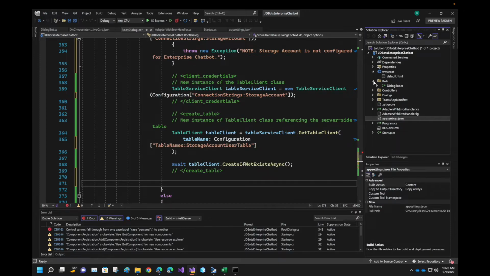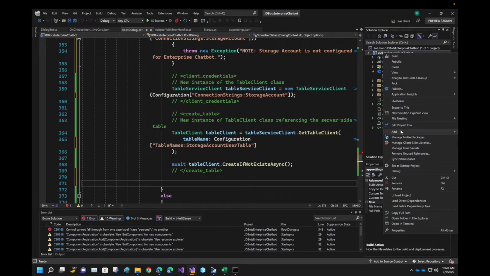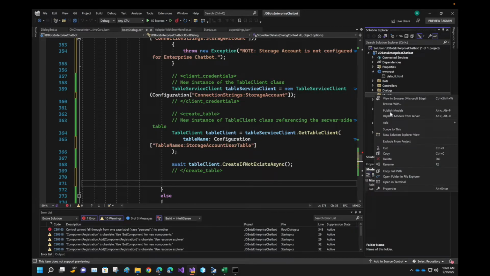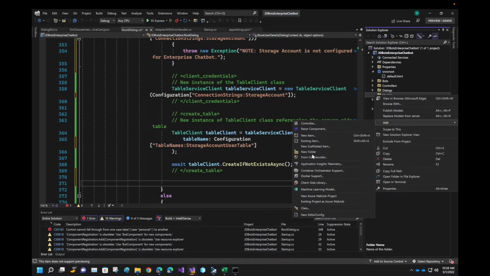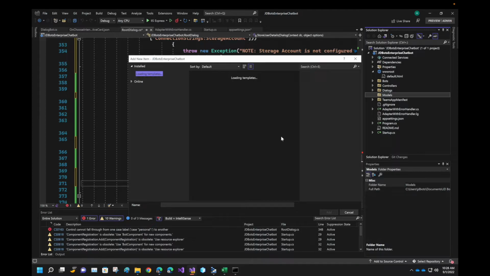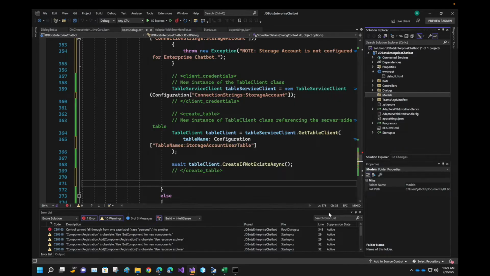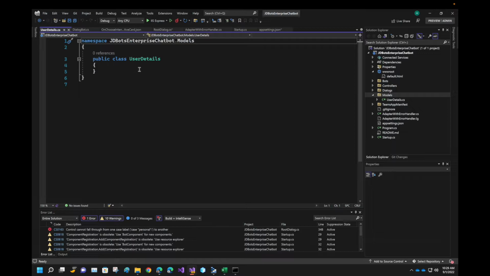Store models, user details model. Let's not make it that, let's make it user details. Okay, perfect. And now I'll just